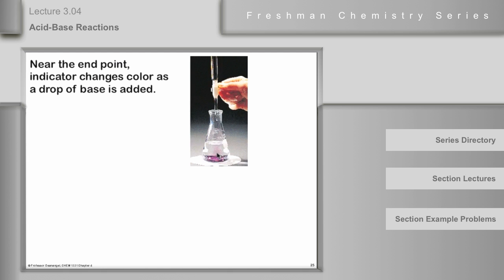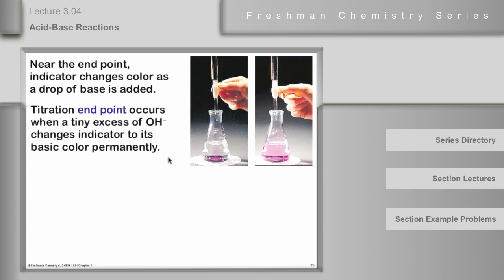Start adding the base more slowly, drop by drop, or you can go past the end point. The end point occurs when the color just stays. You should be able to get to that point by adding just one drop of solution, which means you've gone one drop past the place where the number of moles of base and the number of moles